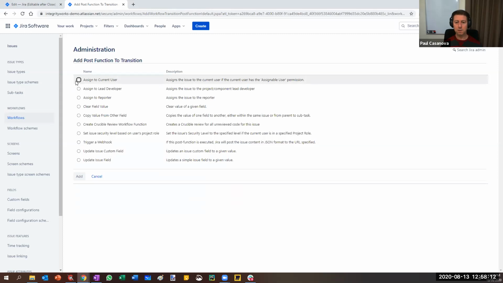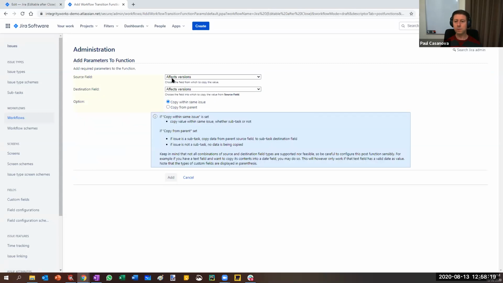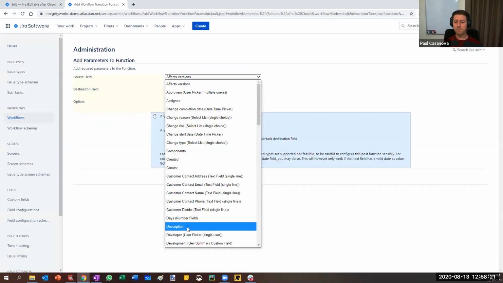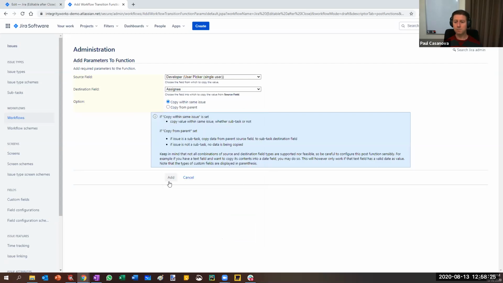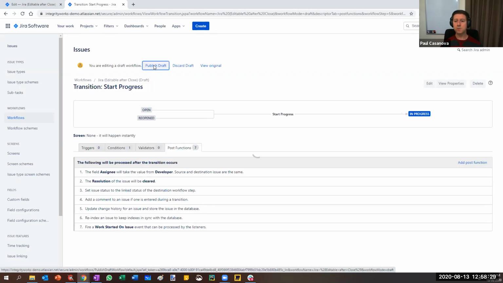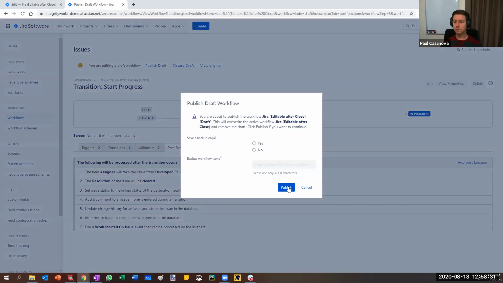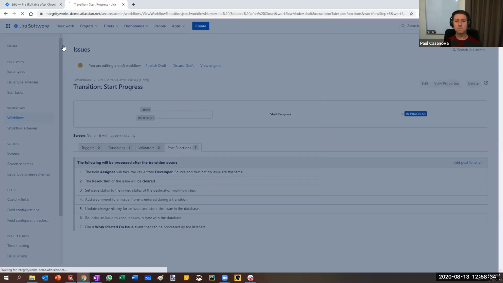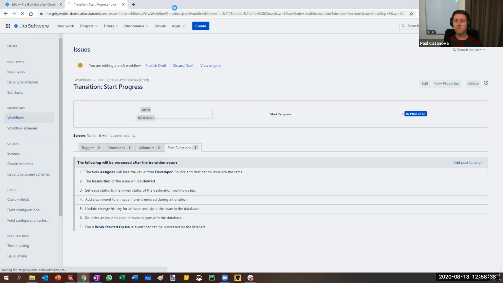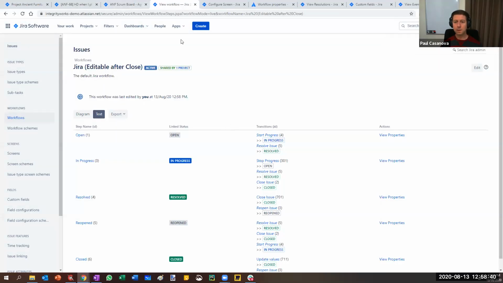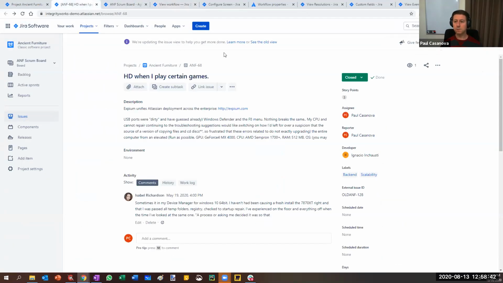And can I copy value from another field? So I'm going to see if I can copy from developer to assignee. Let's see if this works. And I'll publish that draft. And accidentally opened that in a new window. Okay, so now if I go back here